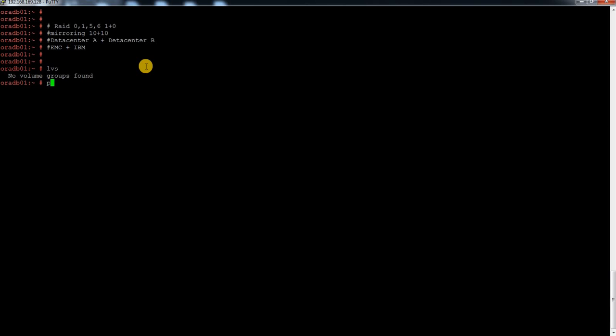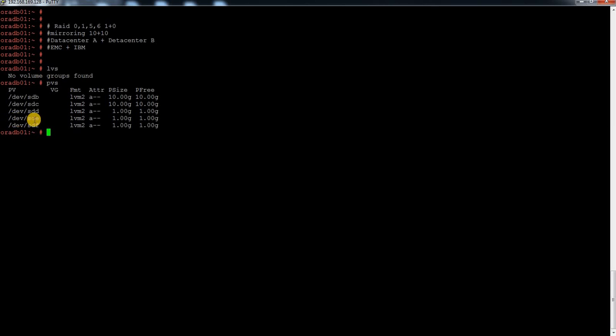Currently I don't have any LV, but I have some PVs. So I'm going to create a mirror LVM with these two disks. They are already formatted as PVs, that's why they are showing under the pvs command. And I'm going to run vgcreate, for example mirror_vg, with the disks SDE and SDF, right? So SDE and SDF. You can use command chaining with a semicolon, and you can create an LV with lvcreate